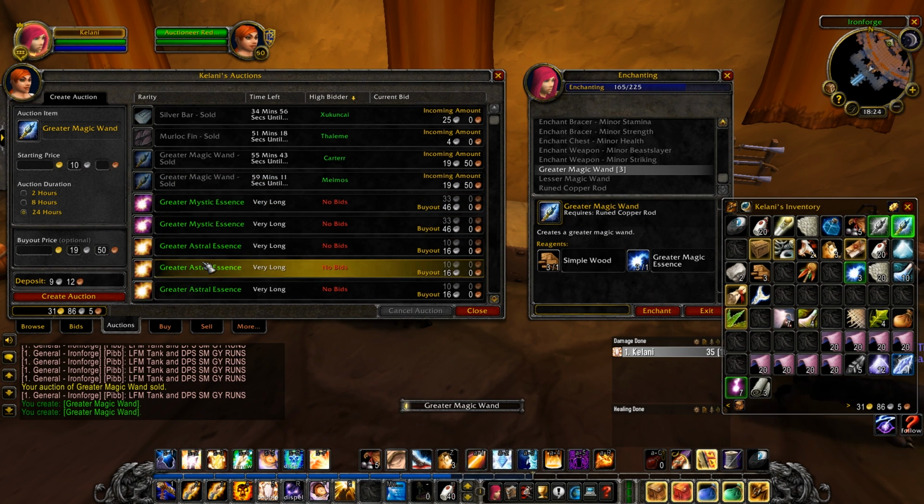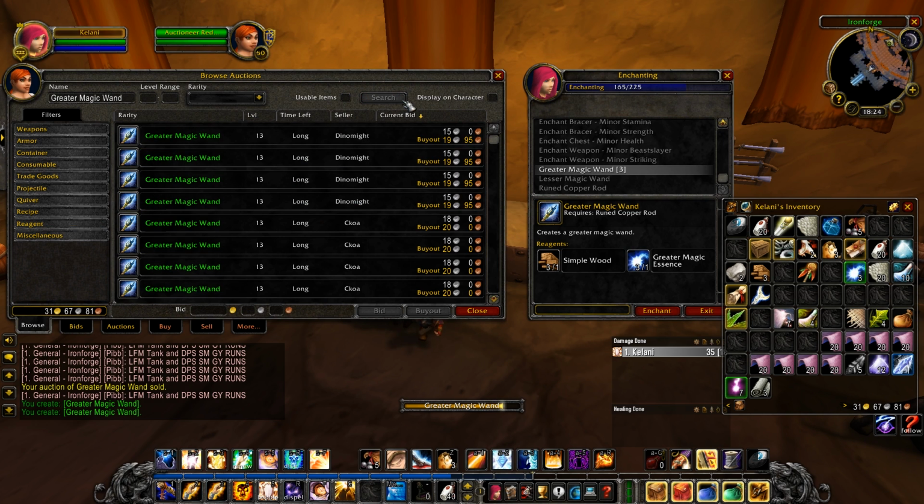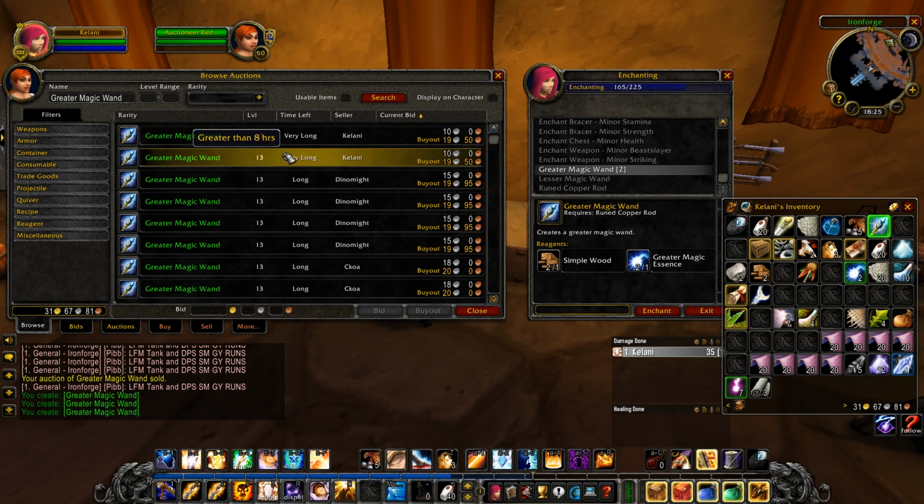So if you can get an essence for less than 15 silver, you can sell the wand to a vendor for a small profit. You can usually sell the wand on the auction house from anywhere between 15 and 20 silver, but that's going to depend on your server. I usually put up a few around 20 silver and vendor the rest, but it depends on what I pay